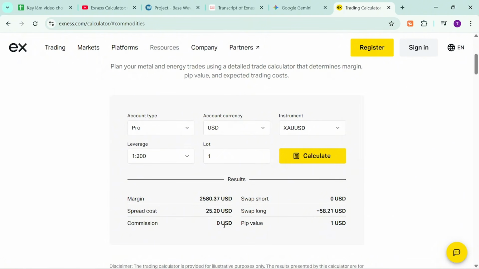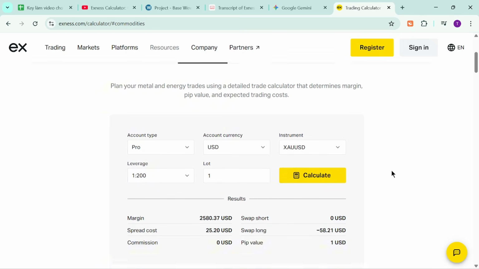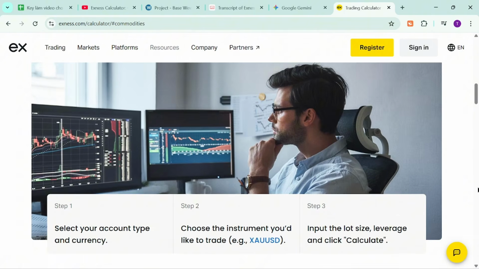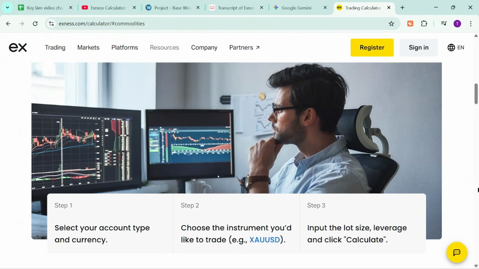An essential note for all accounts is that every Wednesday, the swap fee is tripled. If you hold a buy order for gold on Wednesday night, the $57 fee will triple to more than $150. In short, the Exness Calculator is a tool that helps you calculate fees exactly, provides transparent swap calculations, and controls hidden costs. A good trader is not just someone who predicts the market correctly, but someone who understands every number